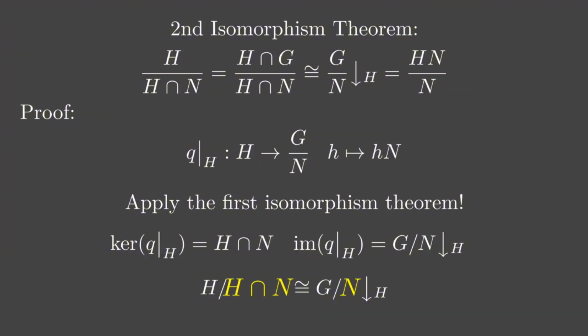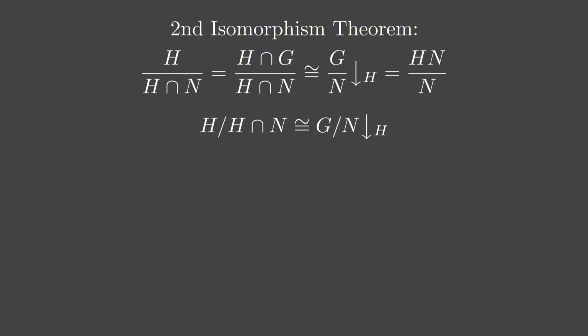The only time these groups would be equal is if the denominators are equal, that is, H intersect N is N, i.e. if and only if N is contained in H, i.e. N is a normal subgroup of H. In that case, both sides are H quotiented by N. The only thing to really do now is to show an explicit form of writing G quotiented by N restricted